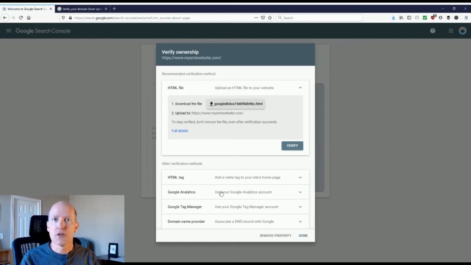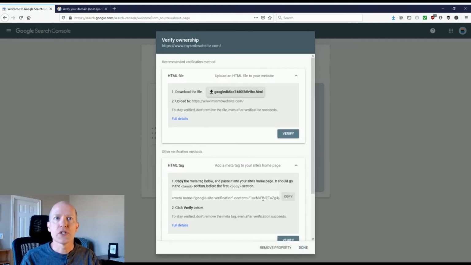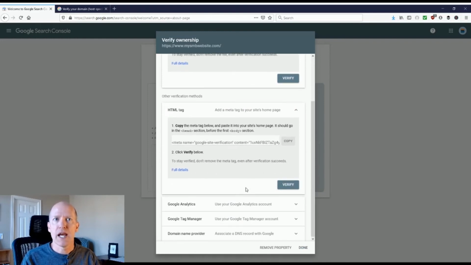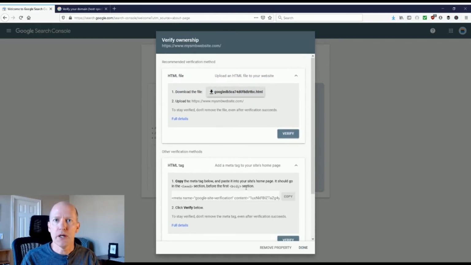If that's already installed on my site, I can verify using Google Analytics. I can verify using Google Tag Manager. Now it's okay if you don't have either one of these set up because there are other options. I can download this HTML file right here and upload that to my website, or I can just copy and paste this meta tag into the code for my home page. So a lot of different ways that I can verify my ownership here,